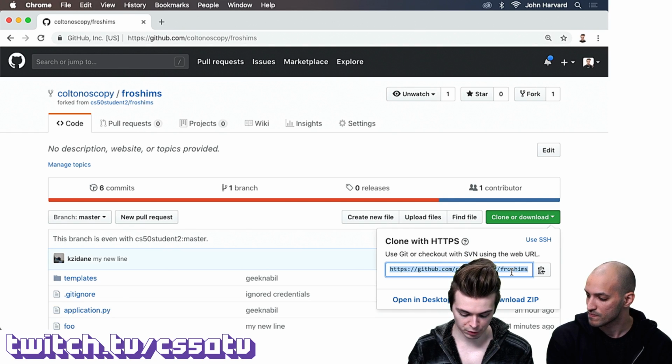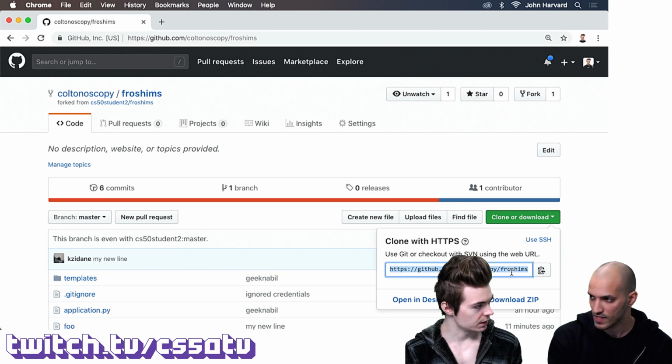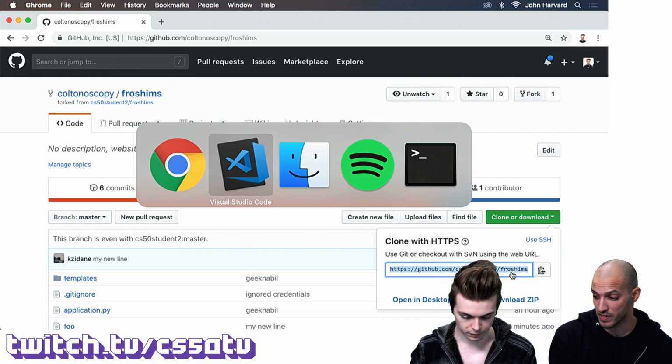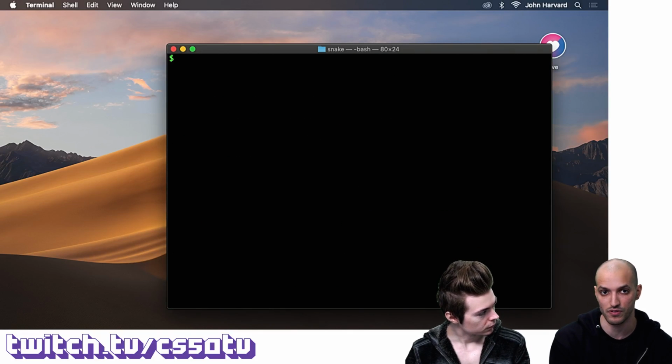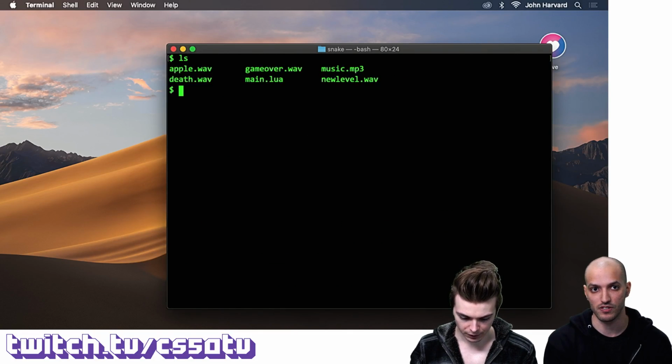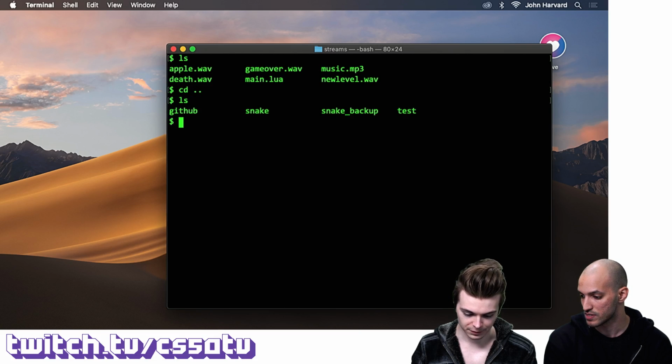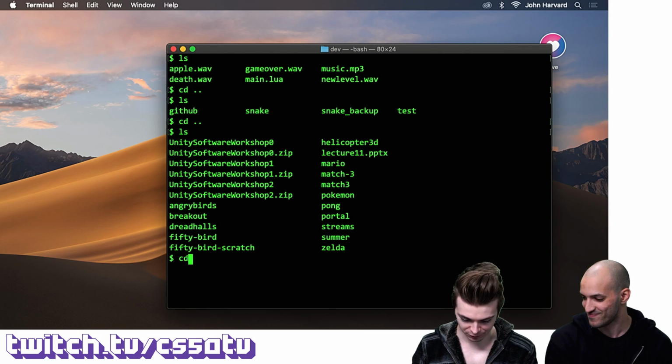Nice. So when I push changes to this, you won't be able to see them, will you? Nope, I won't be able to see them until you actually create something called a pull request, as we'll soon see. Okay, so the way to do this is to switch where you want to clone this, in the game stream folder from yesterday.